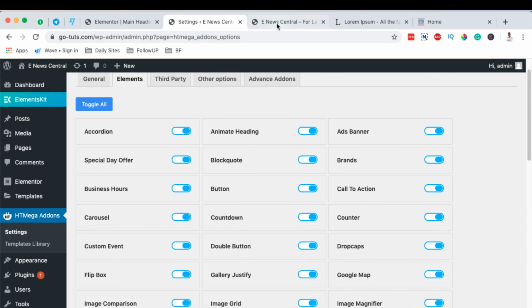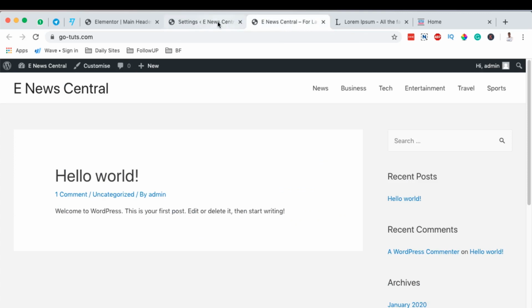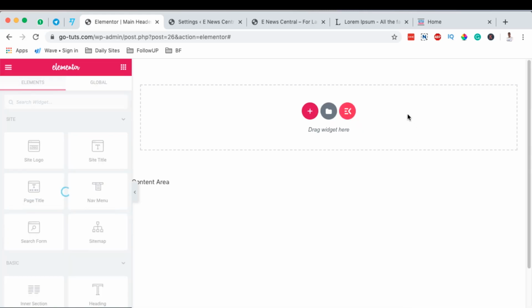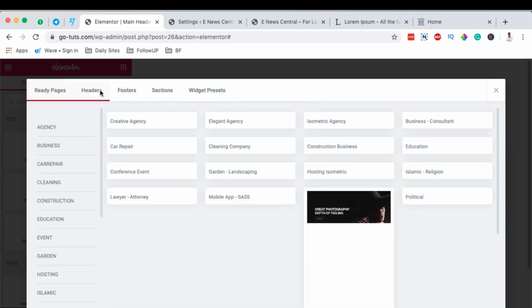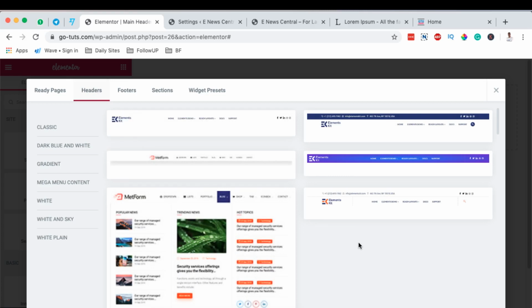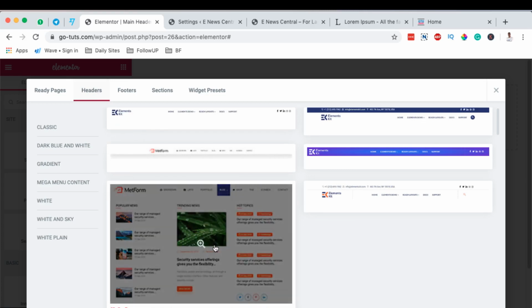However, at the moment we wanted to use some of the header templates that are made by Elements Kit, which really look amazing. For example, when I bring you here to our saved template for the header, I'm going to simply reload, and boom, you realize that now we have this other icon or logo from Elements Kit. Now when I click over here, and then I come over here to Headers, boom, here it shows up a couple of amazing headers that have been created by Elements Kit,